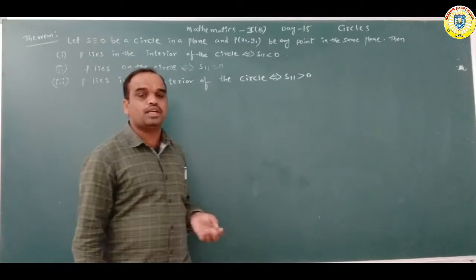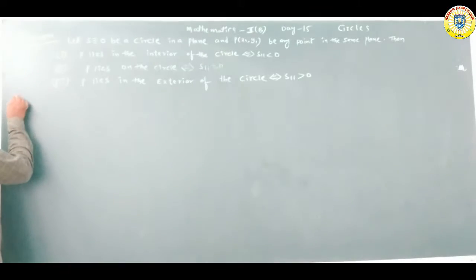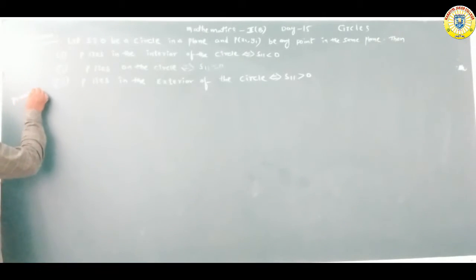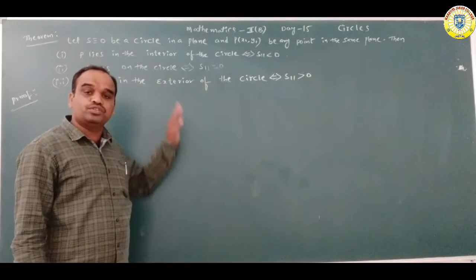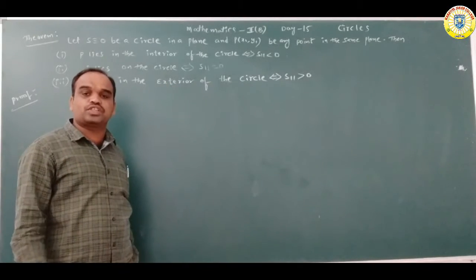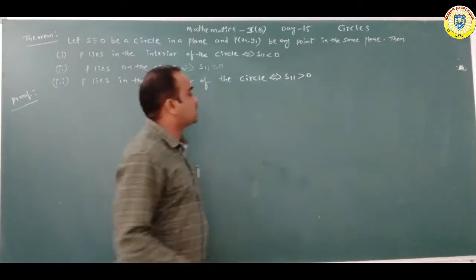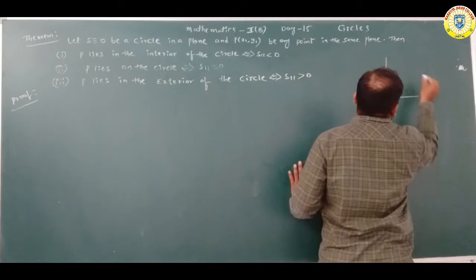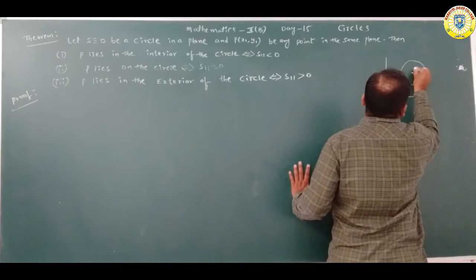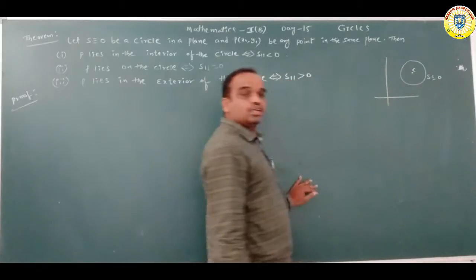Okay now? See, now we are proving this small theorem. See the proof of it. This is the theorem for which one, sir? Position of a point. By using this theorem we can find the position of a point, that is, interior or exterior or point on the circle. See, first here, suppose this is the circle. This is which one, sir? Center. The circle is nothing but S is equal to 0.